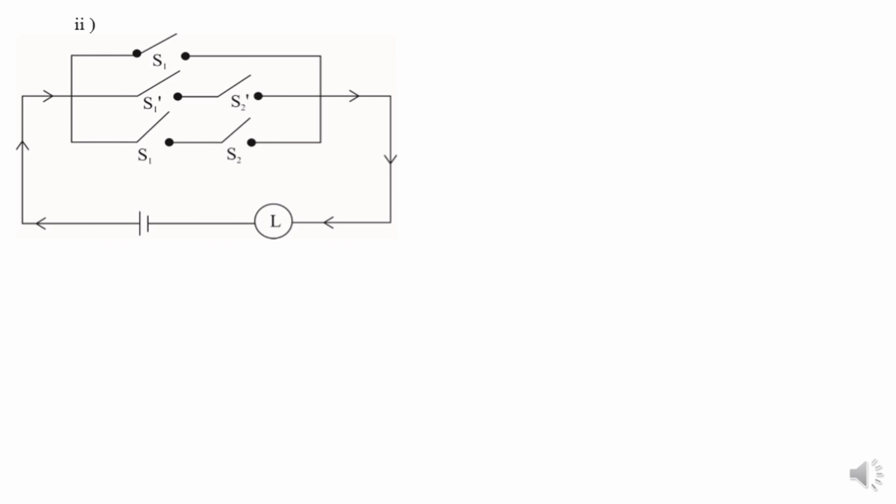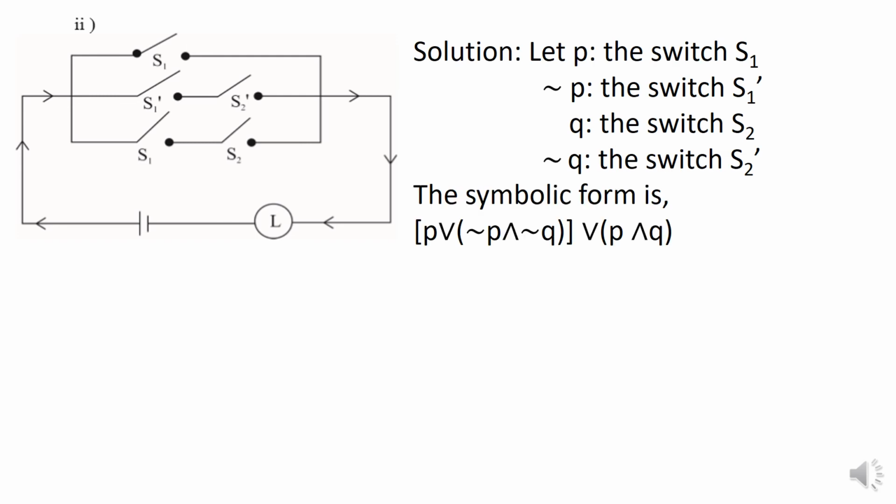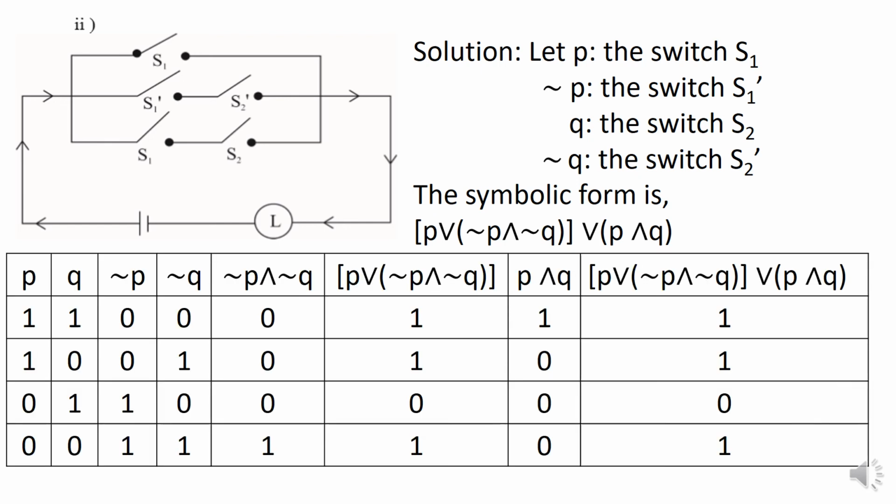Now in this question, you find that S1 is in parallel to S1 dash and S2 dash, which are in series to each other. All three of them are also parallel to S1 and S2, which are in series with each other. Thus, after denoting the switches, you get the symbolic form as P or (not P and not Q), or (P and Q). You get a switching table like this,